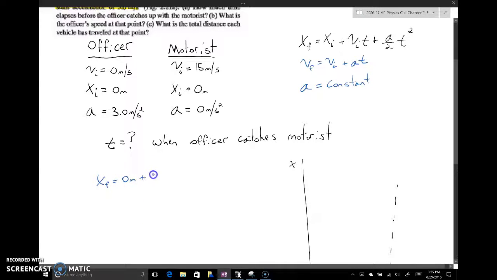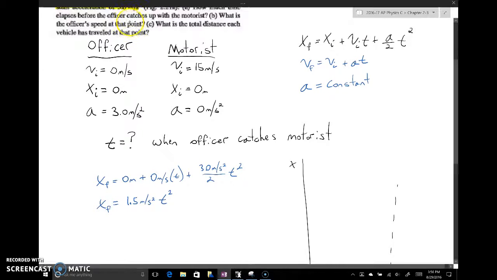Initial velocity was 0, so 0 meters per second times time, plus the acceleration of 3.0 meters per second squared over 2 times time squared. So all this cancels out, and the officer's position is given by 1.5